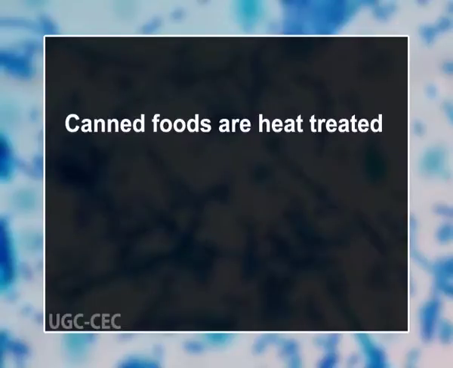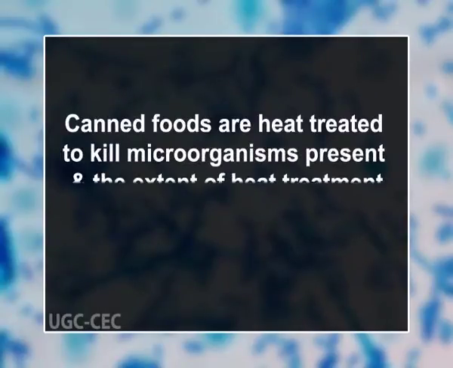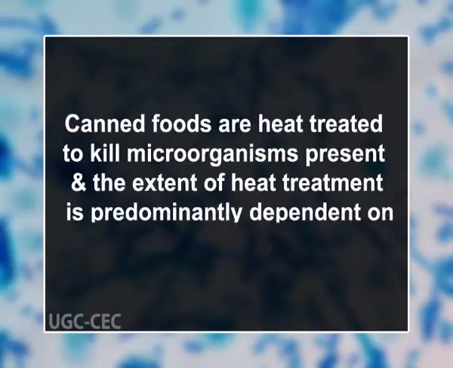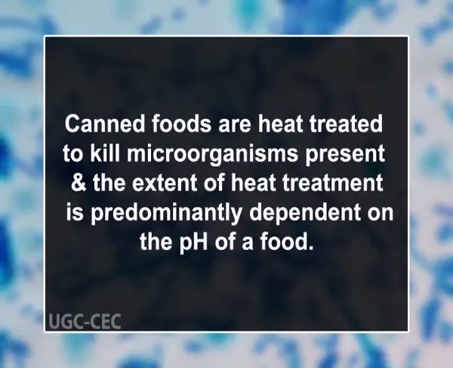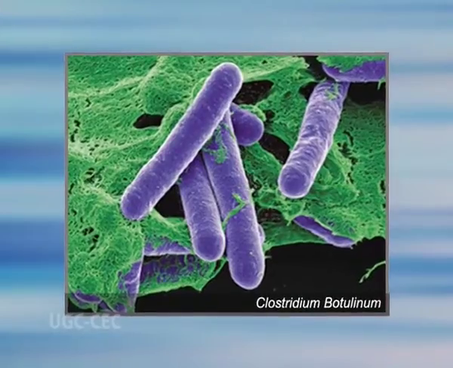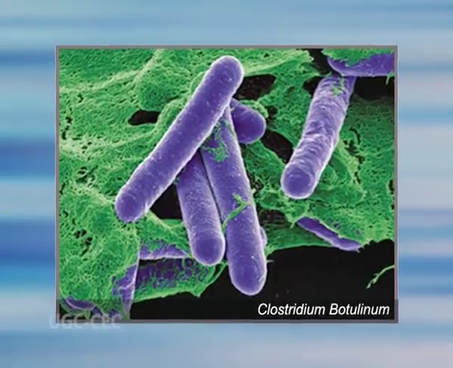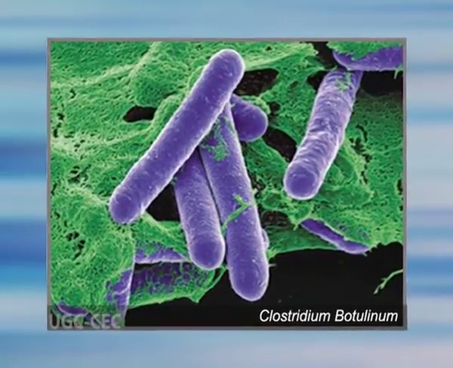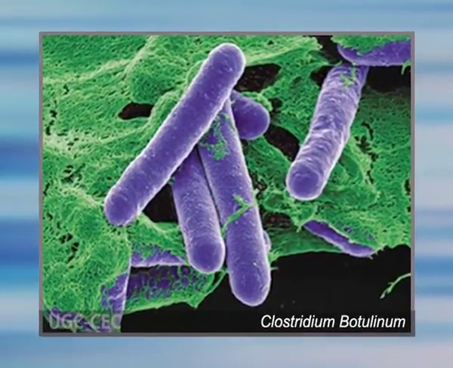Spoilage can be due to spoilage prior to canning, underprocessing during canning, or leakage of contaminated water through can seams during cooling. Canned foods are heat treated to kill microorganisms present, and the extent of heat treatment is predominantly dependent on the pH of the food. High pH foods are heated to destroy most heat-resistant spores of pathogenic bacteria, that is Clostridium botulinum, to ensure that